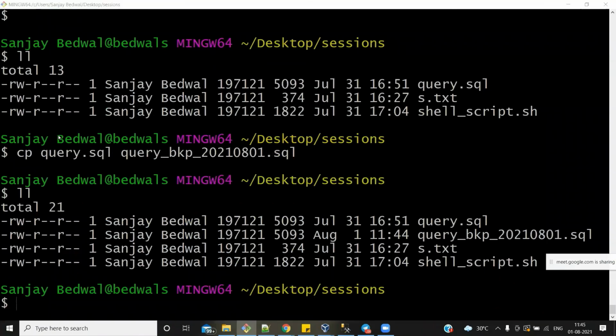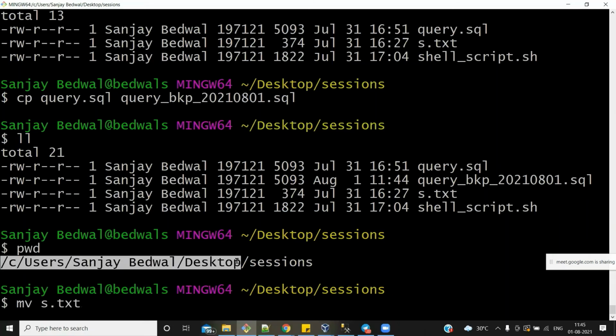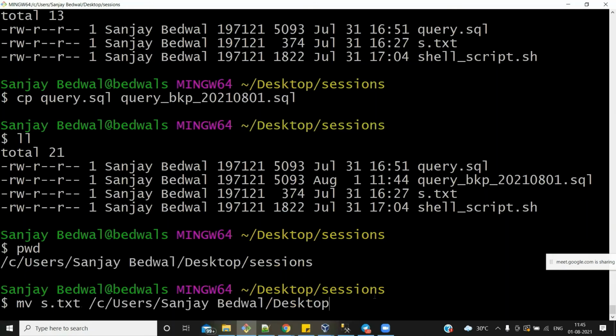So let's say I want to move this file s.txt to desktop. Right now it is inside session, but I want to move it to desktop. So what is the command for that? mv stands for move. I want to move s.txt, and where I want to move it, I want to move it to the desktop folder. So I can just copy the path and write it like this.